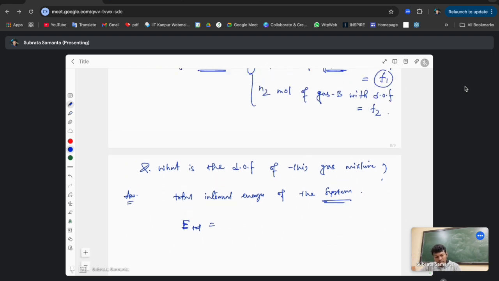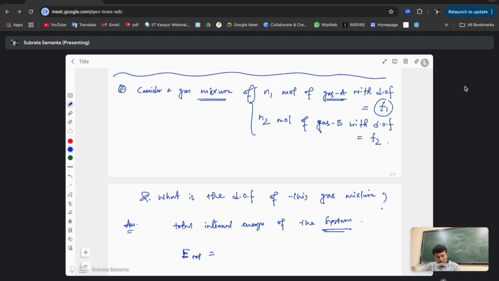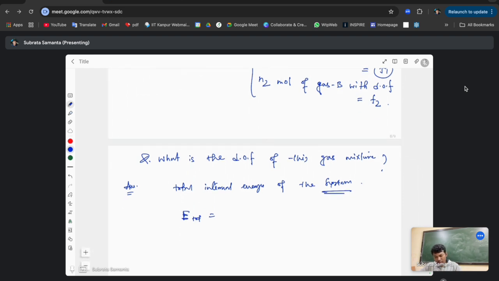F1 degree of freedom for each molecule. So for n1 moles of gas A, each molecule contributes half kBT per degree of freedom, so there are n1 times Avogadro number Na times degree of freedom F1